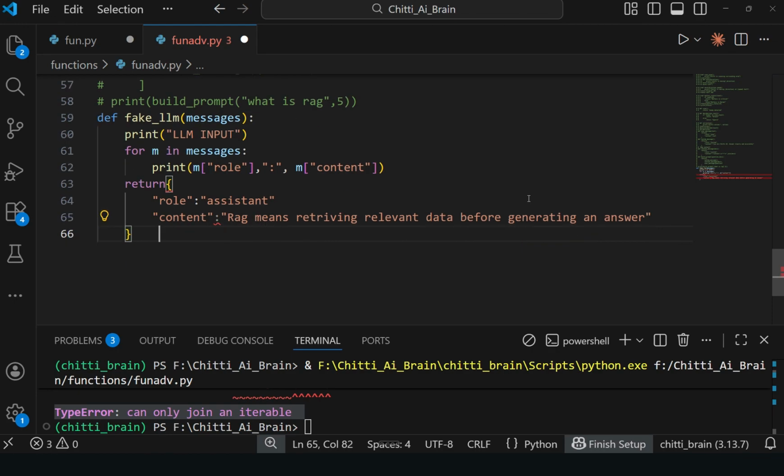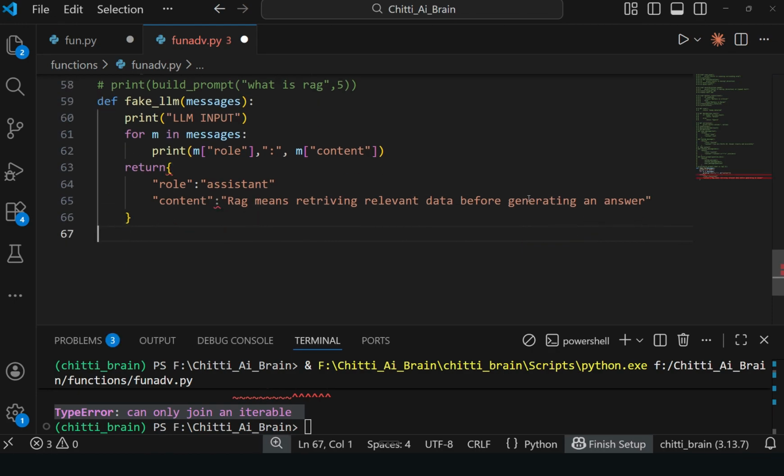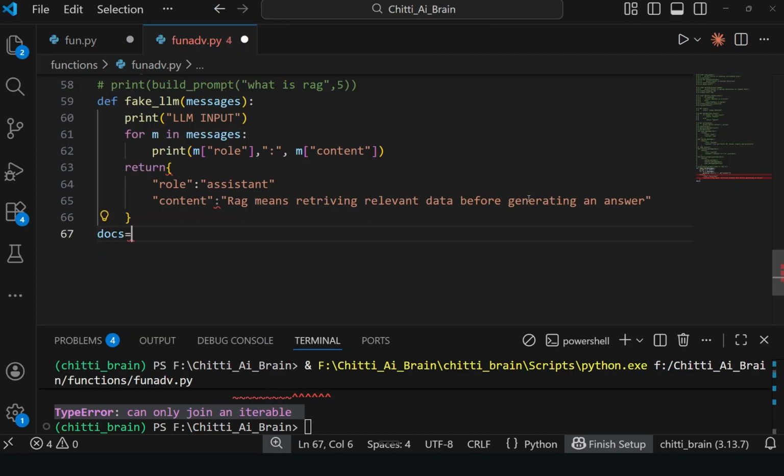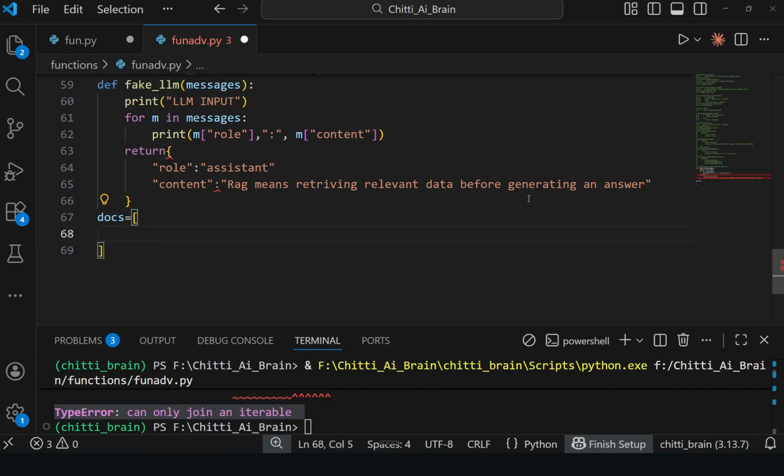Now later again we have to call those functions. Like documents we have to call. Just create the documents. Let's see the documents. What documents are there in that list? RAG stands for retrieval augmented generation, that is one document, and it improves accuracy using external knowledge. Two strings are there, right?